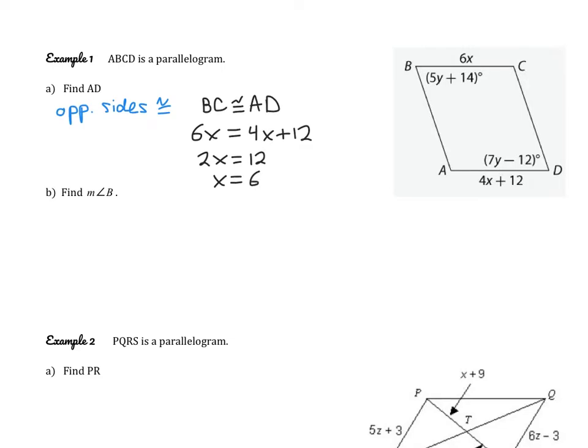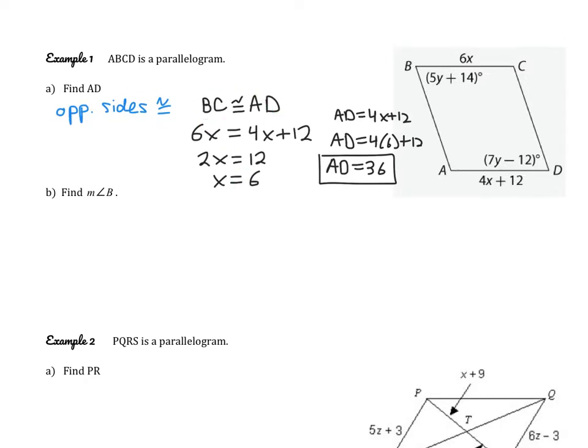Now be careful that we're actually completing what they're asking us to find. They don't want to know what x is, they want to know what AD is. So here we'll set up our statement, and then all we need to do is substitute. So we're going to substitute 6 for x. So we get AD equals 36. Again, we're always going to start by stating the theorem that we're using, and then a general statement, and